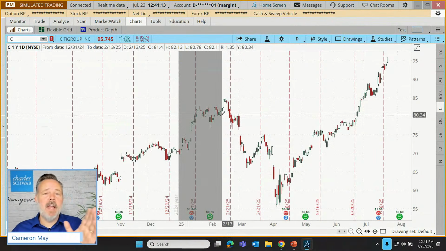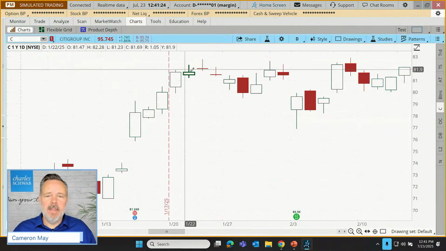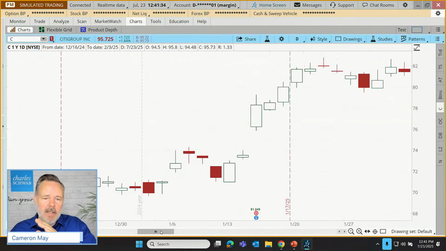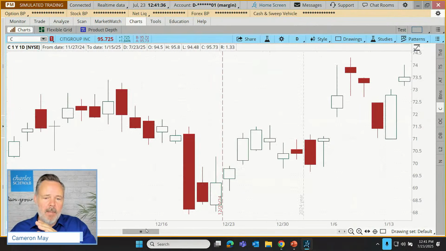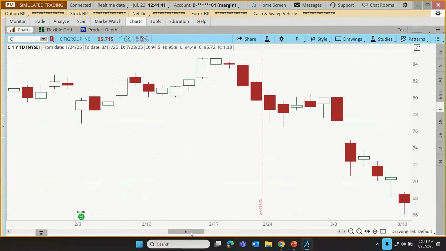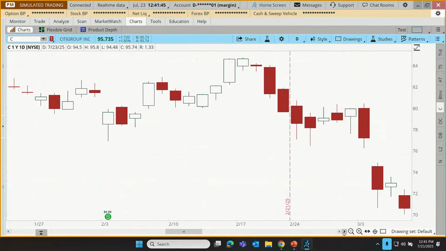And however far I drag that, it's highlighting a period of time, and it's going to zoom in on that period of time as soon as I release that click. So let's just stop right there, and it's going to zoom in. Now we're looking at just that time frame, and you can see that down below, and I can retreat to earlier by clicking and dragging the scroll bar at the bottom, or I can advance further by dragging off to the right. I can also use finer movements using the left and the right arrows.